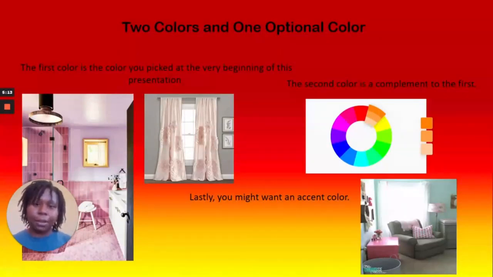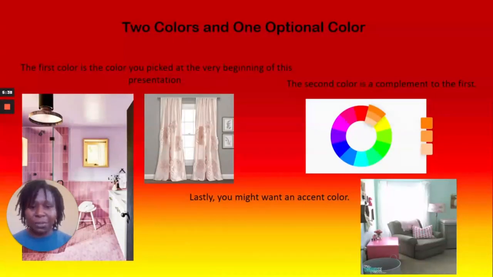Speaking of a complement, the second color is going to complement the color that you just chose, and it's going to be even less present. When we're talking about complementing that color, you might actually want to choose a complementary color. And for that, you're going to need a color wheel. A complementary color is going to be directly across from that color that you first chose.